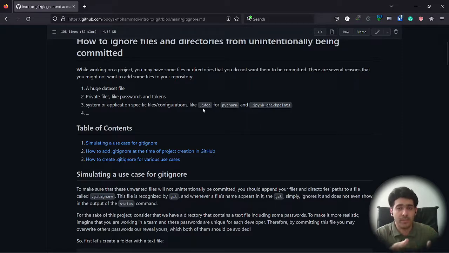So if you're not a Python programmer, there are other programming languages that have their own configuration files that are specific to the OS or the system. So there are several reasons that you may not want to add some files. And in this tutorial, we're going to see how to create a .gitignore file from scratch and using two other approaches. So let's continue with our